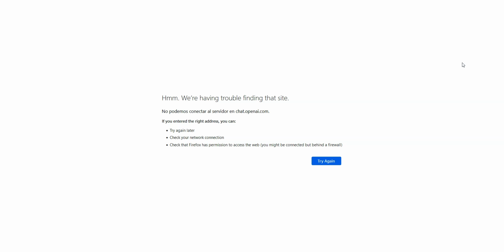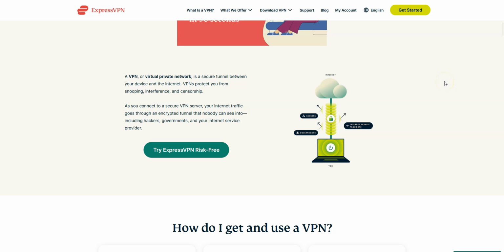So, how can you have ChatGPT in Africa? The short answer is VPN. First, what's a VPN? A VPN is an app that establishes a secure connection between you and the internet. A VPN hides your IP address and replaces it with the IP address of the VPN server you are connected to. Once the VPN is active, you no longer have the IP address assigned to you by your internet service provider, but rather the IP address of the VPN server. So, your internet service provider will no longer be able to see which websites you visit or which apps you use, and therefore they won't be able to prevent you from using ChatGPT.